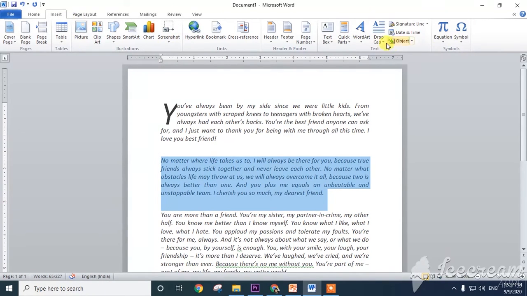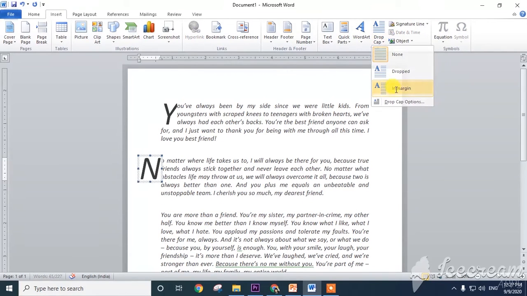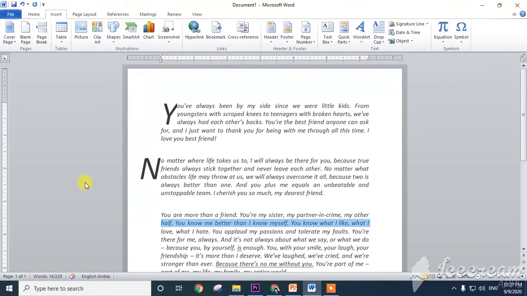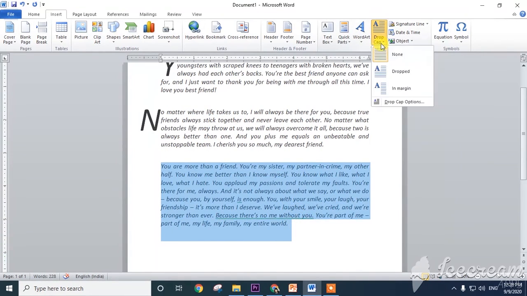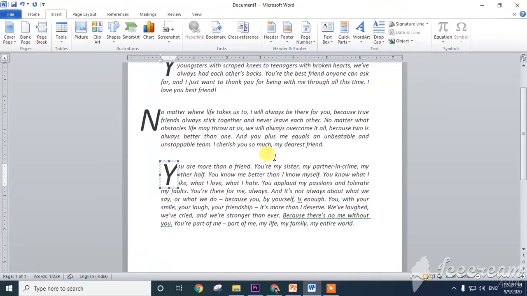Insert tab, and there is a Text group here. Now see, no matter where life takes us to. Now this paragraph also you can give, select this one, drop cap and drop. In this way you can set the drop cap feature and alignments.